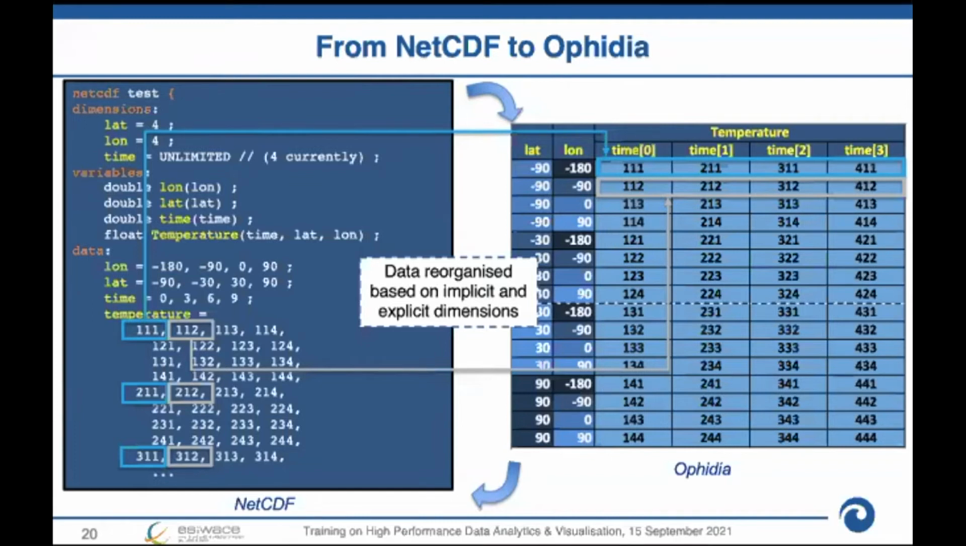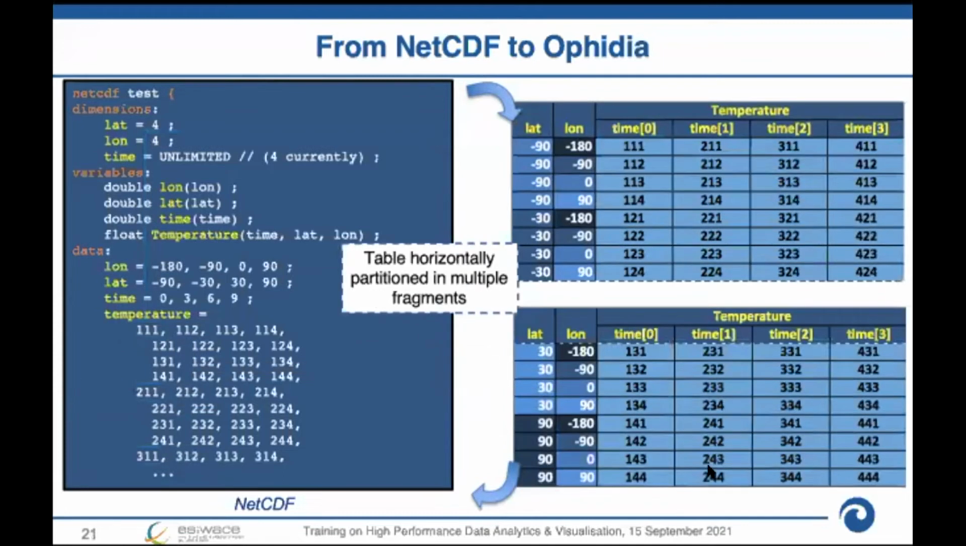And then this type of organization can also be adapted based on the analysis. So the user can specify different arguments during the input stage to specify which type of data organization is to be used for the analysis. Then, to support parallel processing, this very long table is partitioned horizontally in multiple fragments, which are distributed over multiple